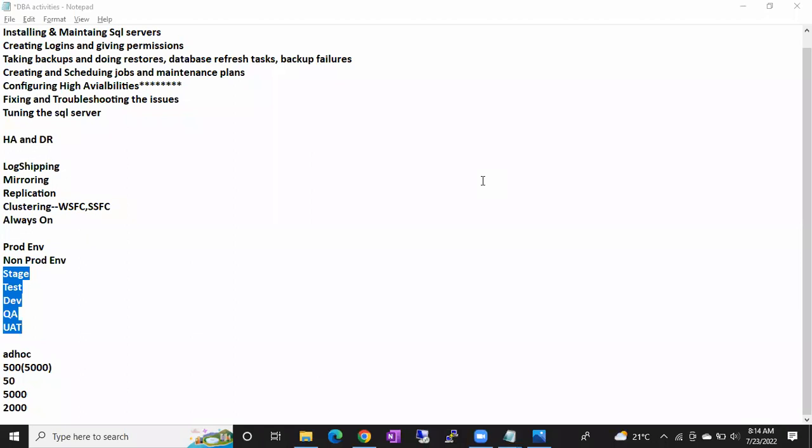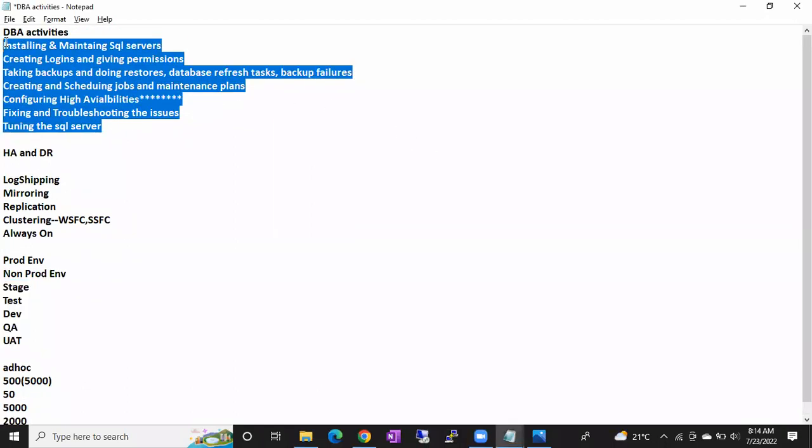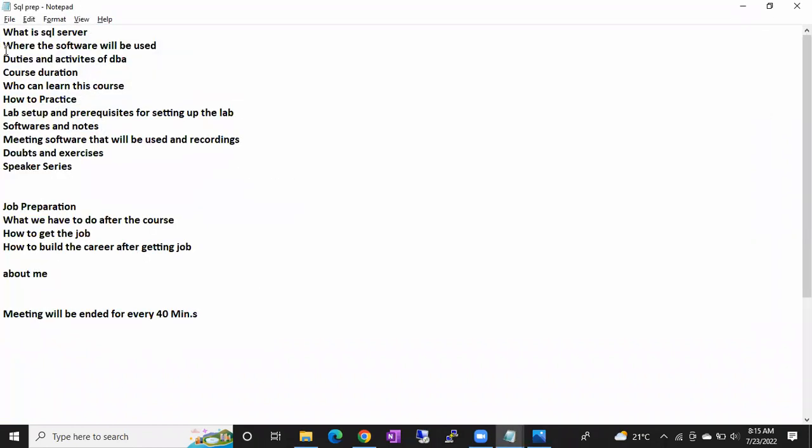Right. So these are the regular activities. I'm not saying these are the only activities that we have to take care of. These are the common and regular activities that we have to take care of, guys. A lot of other activities will also be there that you will come to know slowly. It depends on the project. That doesn't mean you have to work on all these activities. These are the daily activities of a DBA, guys. So let's go to this guide.